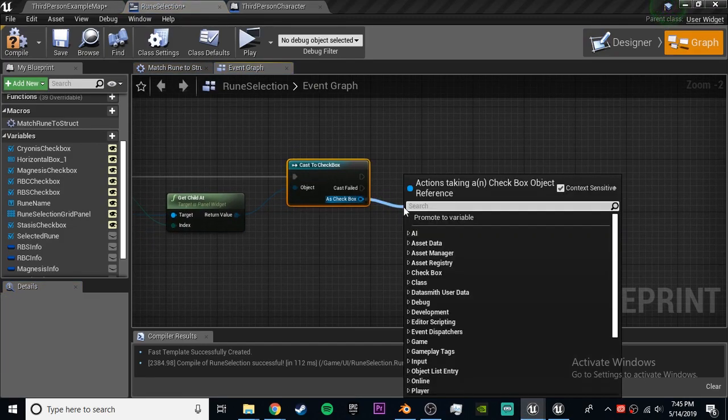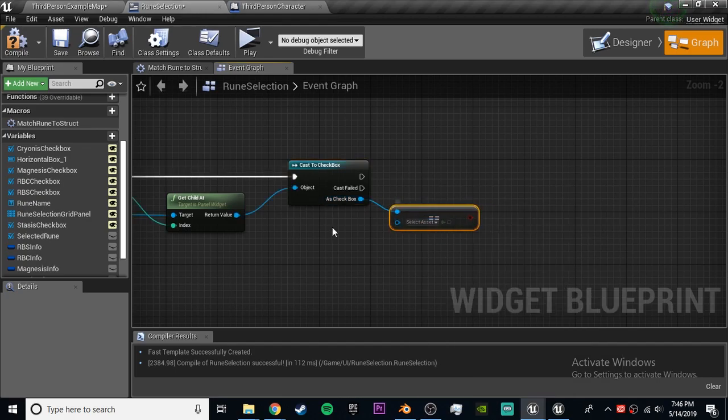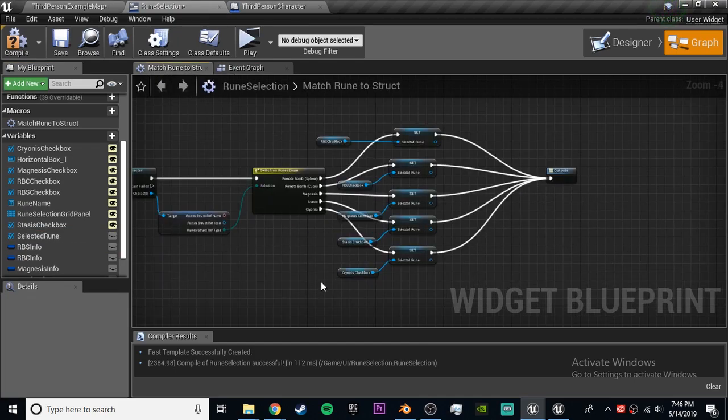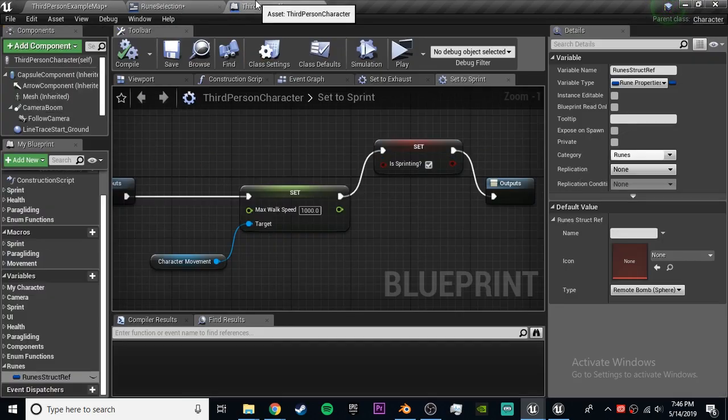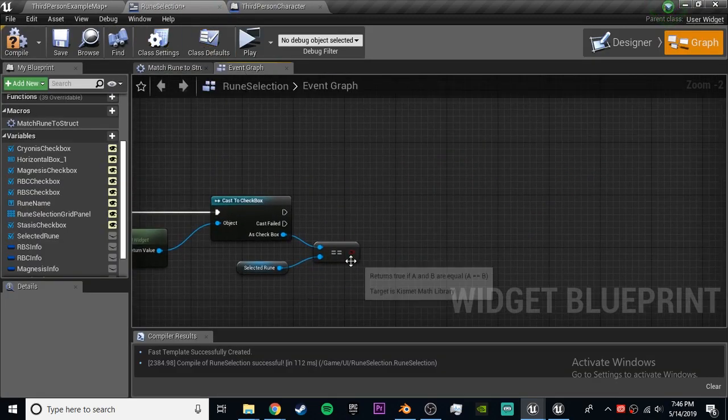So if the checkbox that we are casting to equals the selected rune, if you remember, we set the selected rune to the same one the third person character selects to. Then,